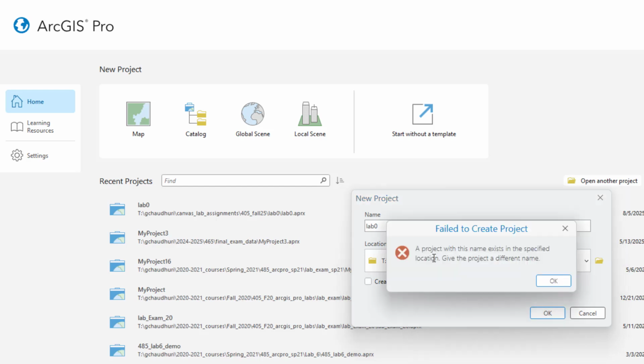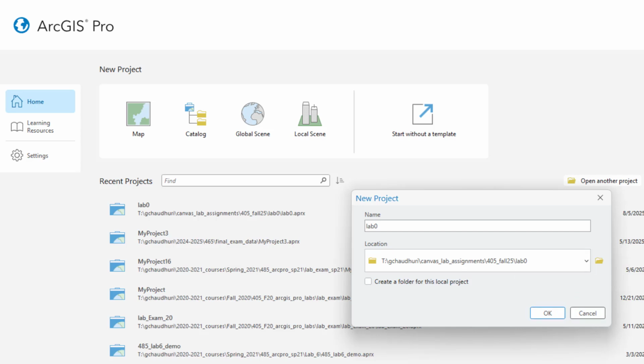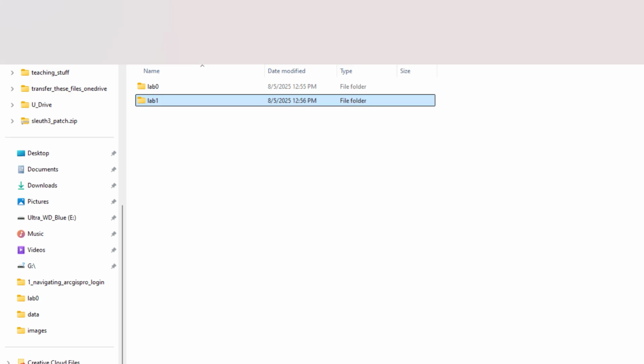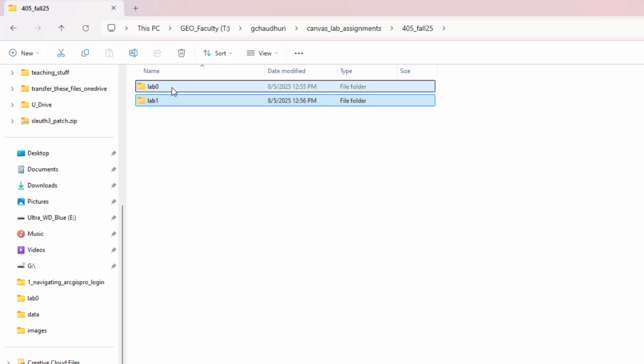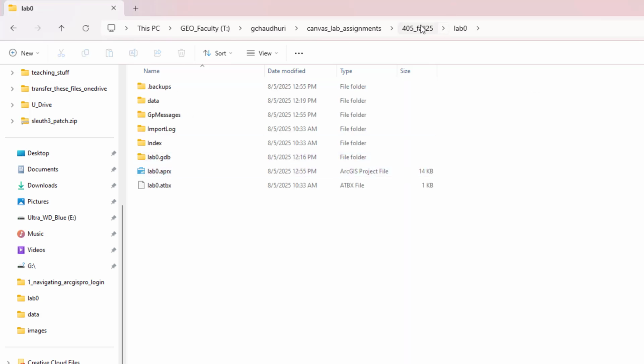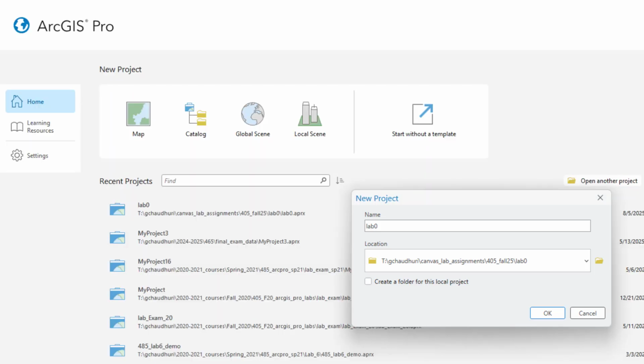Okay, I'll click OK. In here it says failed to create for me, because I have already created it, right? So that's a good sign that I am actually selecting the right space. For you guys, you will just create a new folder. So now going back to the window, so where did we create it? It's in here. See, within the Lab0 folder, you will see this blue icon with lab0.aprx, and that's your Lab0 project file. Okay,